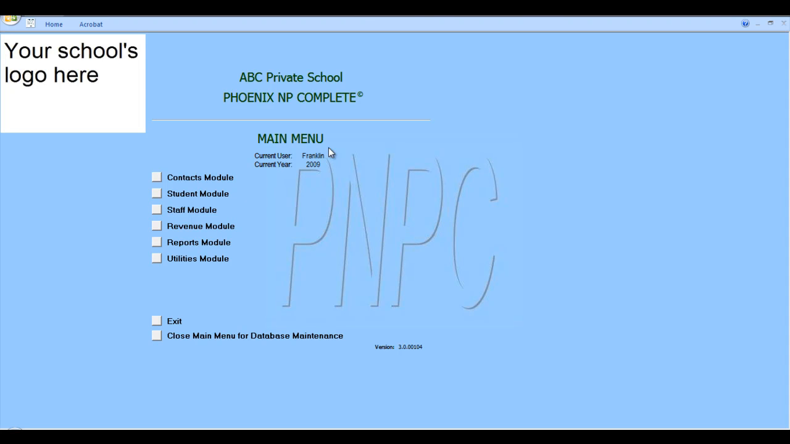This is the main menu of Phoenix NP Complete. It identifies which current user is logged in, the current school year, and version number of the software. It is also the main point of navigation to the contacts, student, staff, revenue, reports, and utilities modules of the